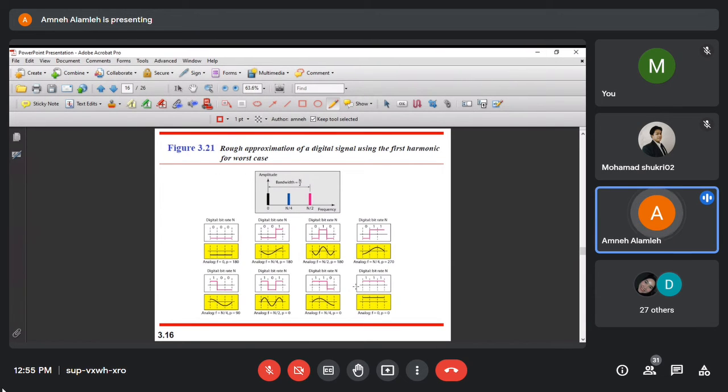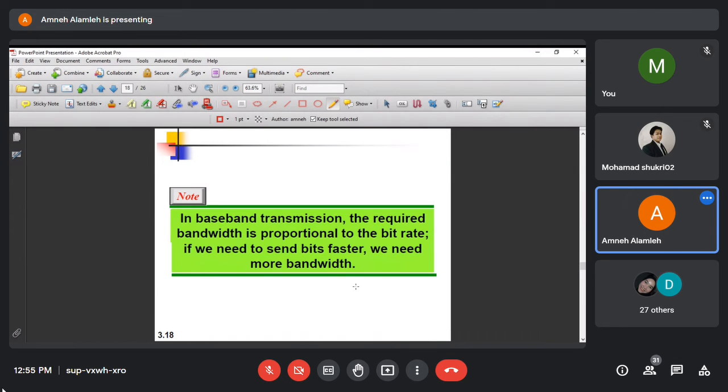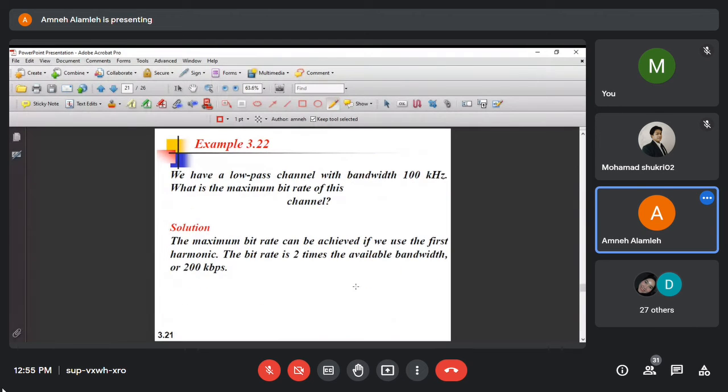Rough approximation of digital signal using the first harmonic for worst case. We will skip this because you didn't take the Fourier representation. We will skip until